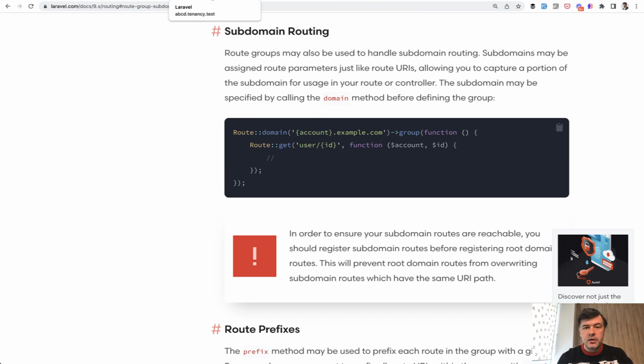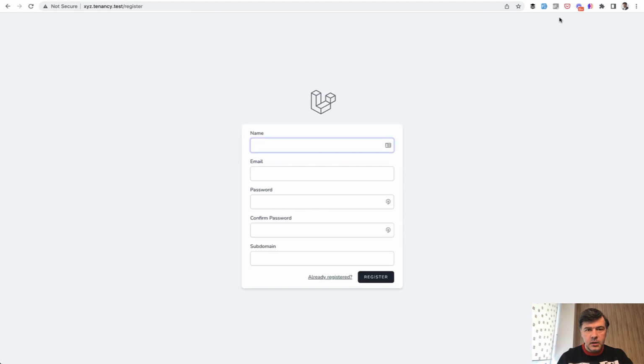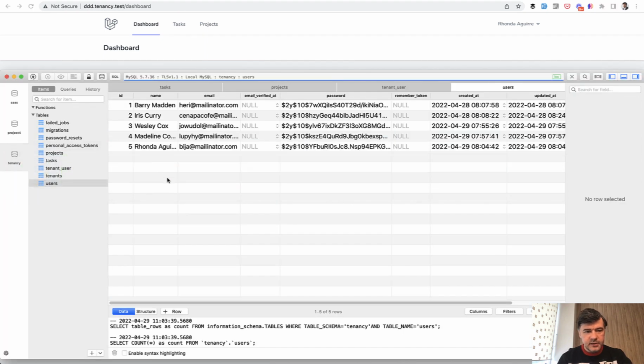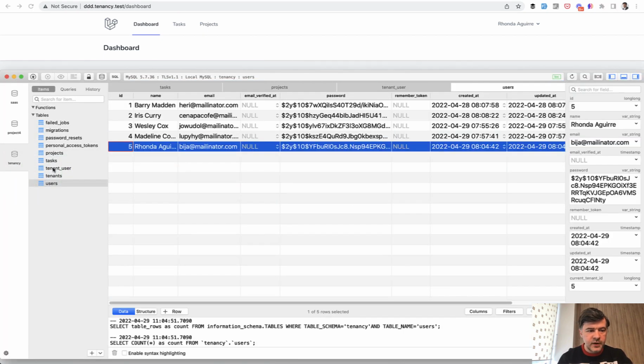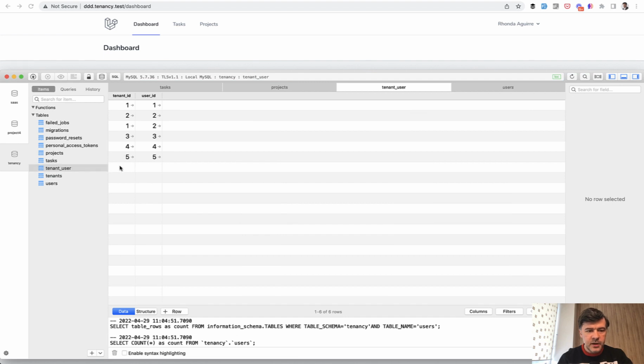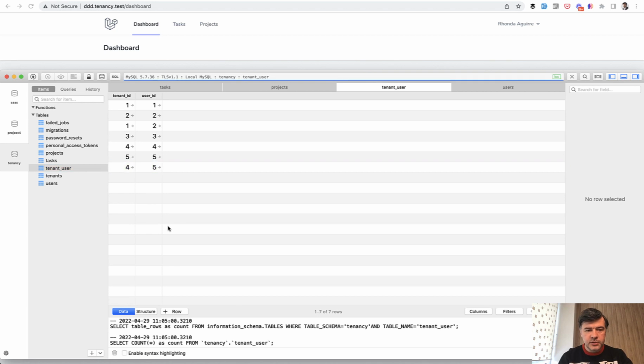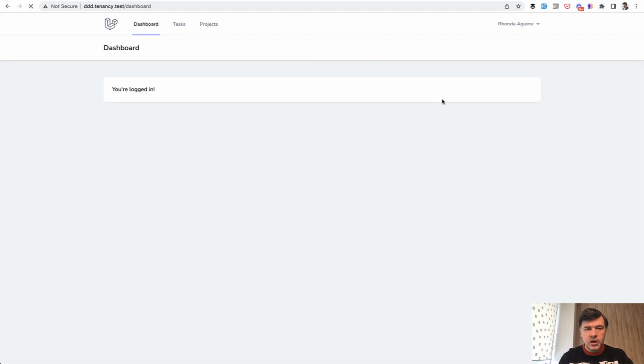But if you have a user with multiple tenants, let's simulate that situation with register new user, and this time I will remember the password here. Subdomain, let it be something like DDD. We register, we are in our subdomain, but in the database, let's change some data. So we have user ID 5, and let's add that same ID 5 to tenant ID 4 as well. So we have multiple tenants, and if we refresh, we have one of the teams active as we did in the previous lesson,